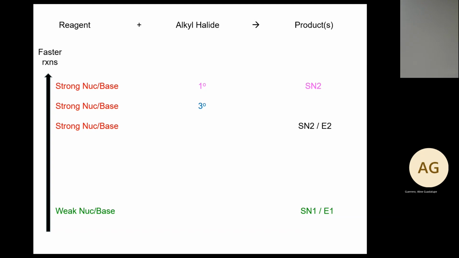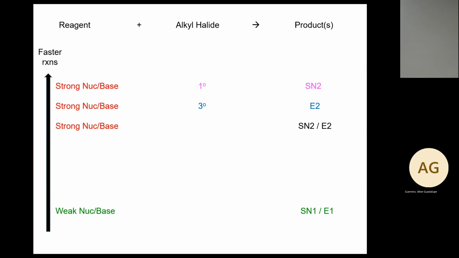If the reagents could be ambiguous, you may have a certain reagent that really prefers to be a strong nucleophile, not a strong base. Maybe we're going to talk about that later. A strong base that is not a good nucleophile also exists. If you have that, then that's the one that narrows the pathway. But if you have a reagent that can act as both, then the alkyl halide can narrow down where it's going to go, just like with this. With a tertiary alkyl halide and a strong base and nucleophile, I would say elimination will happen